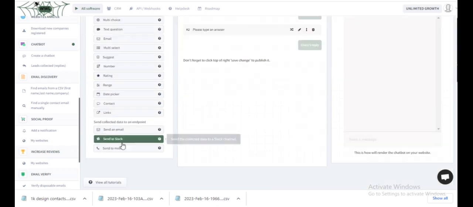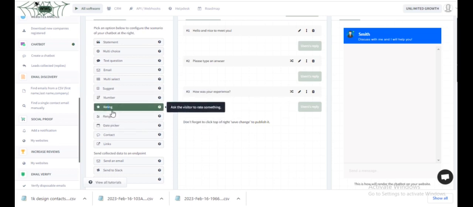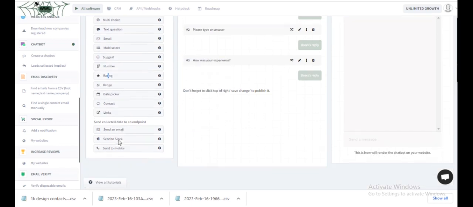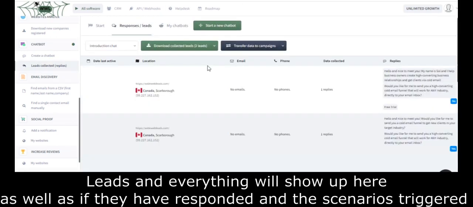You can ask them to put in their email, phone number, ask them to rate something, which is really important for customer feedback. And you can also send this to Slack or send it to your email whenever you receive a response. And all of your leads and everything will show, as well as if they've responded or what you used.